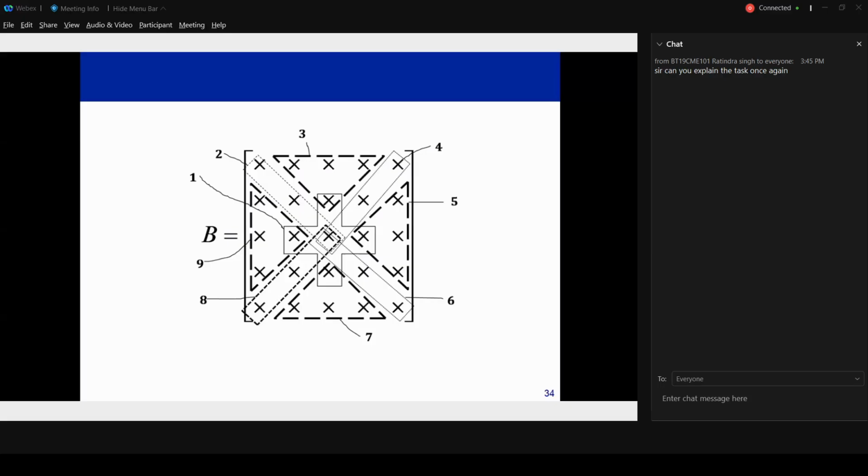So what is the addition of all these elements?